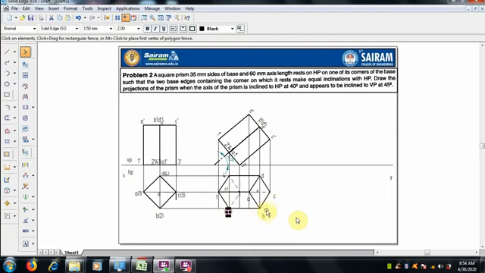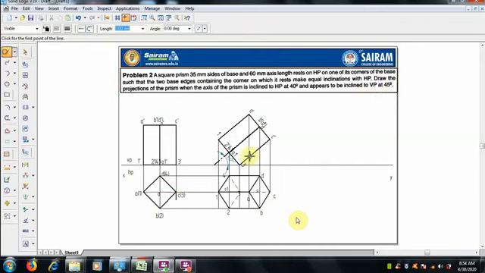Now we have to make the third position, that is the inclination appears to VP at 45 degrees. When the axis of the prism is inclined, okay, HP is over, then it appears to be inclined to VP.